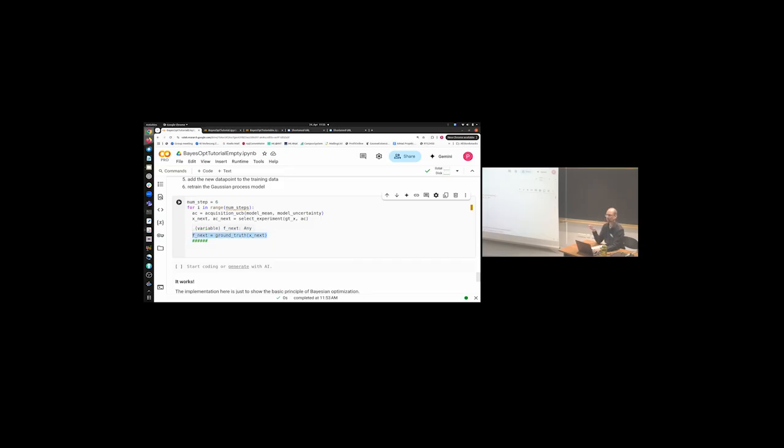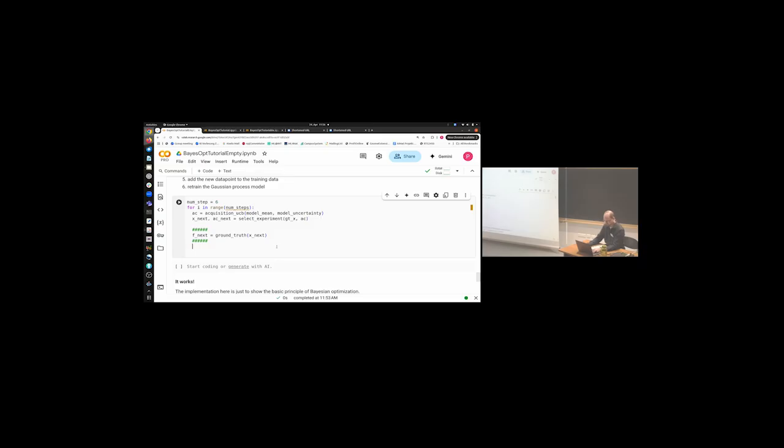So now you have to control your experiment or train your machine learning model or do whatever to get the actual next observation. Here, of course, we do a shortcut. We just use that function that we defined. But in reality, this is where you run your experiment. And get a new observation, f next. And then